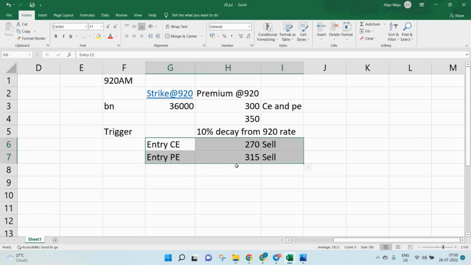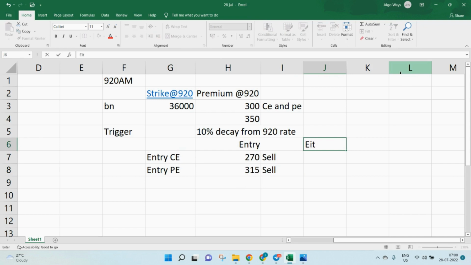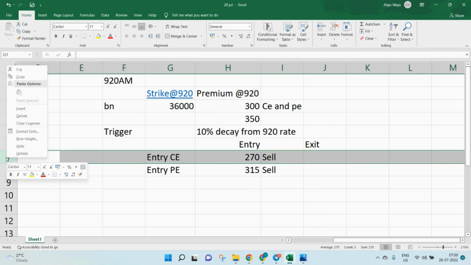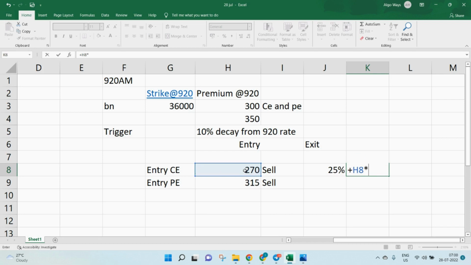Now, for the exit condition, these are the entry conditions. Exit, I have done two scenarios. First scenario is that we keep a stop loss of 25% of the sold leg. So 25% of 270. So the stop loss will be 270 into 1.25. So our stop loss will be 337.5,